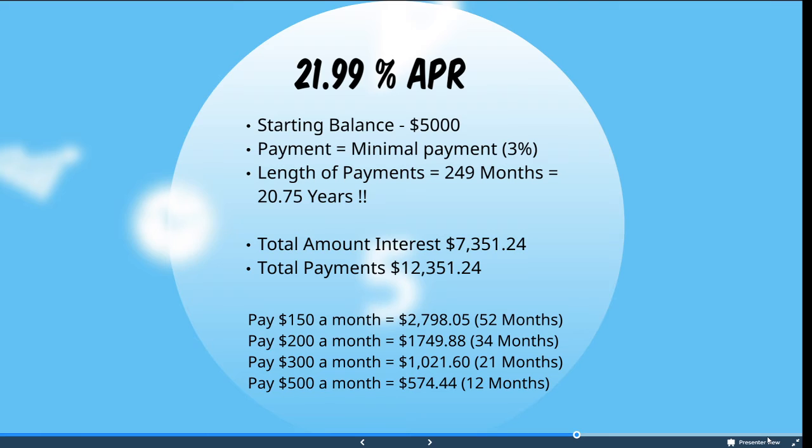Now, if you paid $150 a month instead of the minimum payment, it would only take you 52 months, and you would end up paying almost $2,800 in interest. If you paid $200 a month, it would take you 34 months, and you would be paying